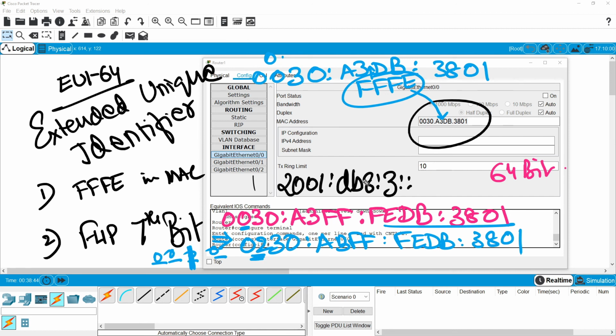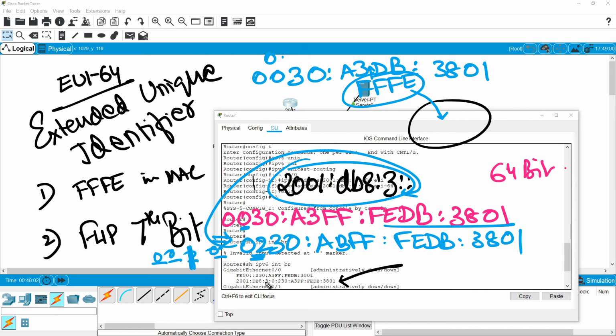And when we combine both of them, so this is 2001:DB8:3 followed by 0230, right? So are we getting this address? Then this is the leading 0, so eliminated. So 230 correct, colon A3FF correct, FEDB correct, and 3801 correct. So this is how you give